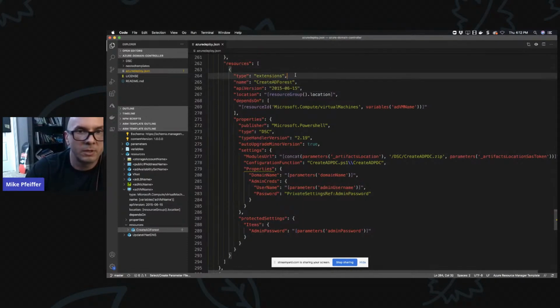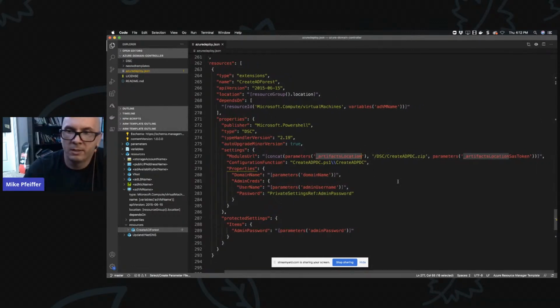So this is pretty slick because this is actually a property of the VM itself, and this is setting up a DSC extension. You might have seen this with virtual machines in the past in Azure, right? Like custom script extension, PowerShell DSC extension, Puppet extension. But all this is telling the machine to do, once the VM is built, is go out to GitHub and grab the DSC code. Notice that the Microsoft.PowerShell extension has a modules URL. And we're just passing in from the parameters the location, basically GitHub, right?